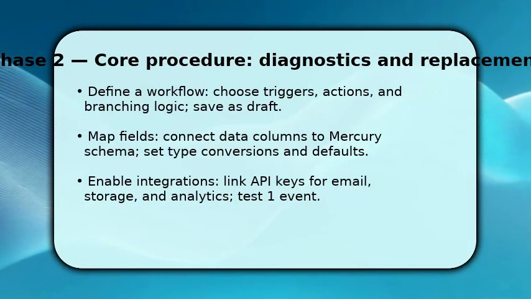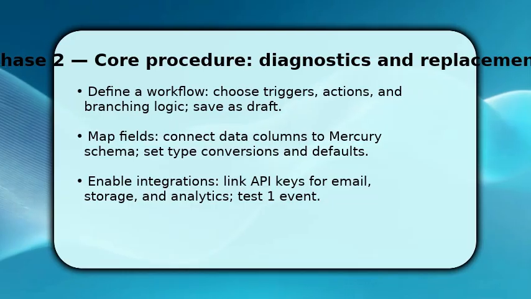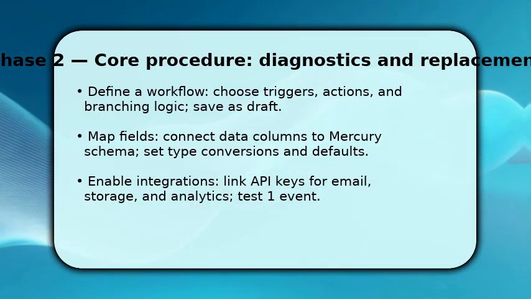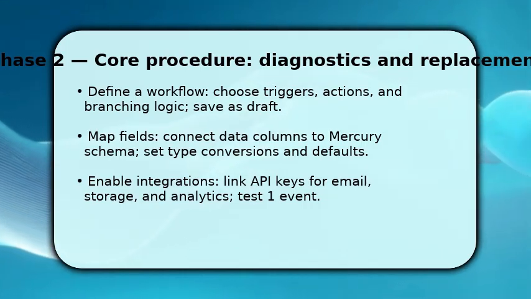Now you configure the core. Design a workflow by selecting triggers, actions, and branching logic, and save it as a draft so you can iterate. You then map your data fields, connect dataset columns to Mercury schema, set type conversions, and establish sensible defaults to